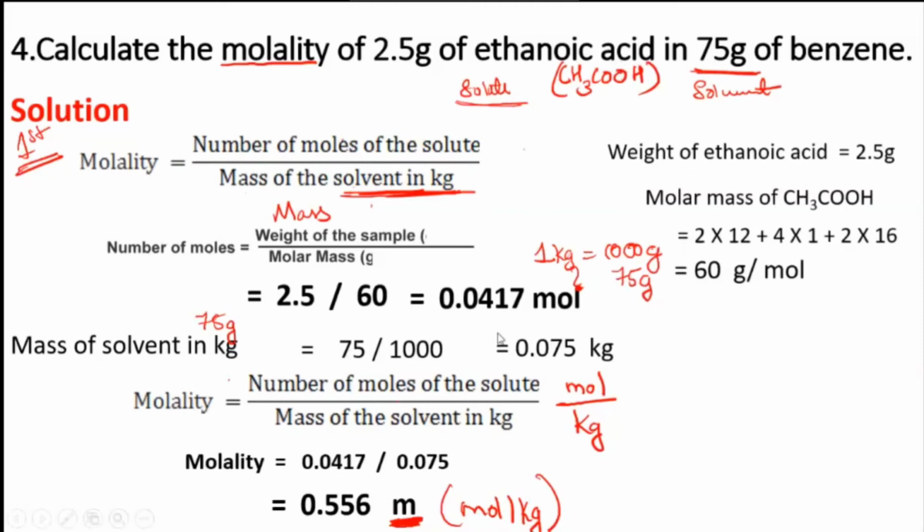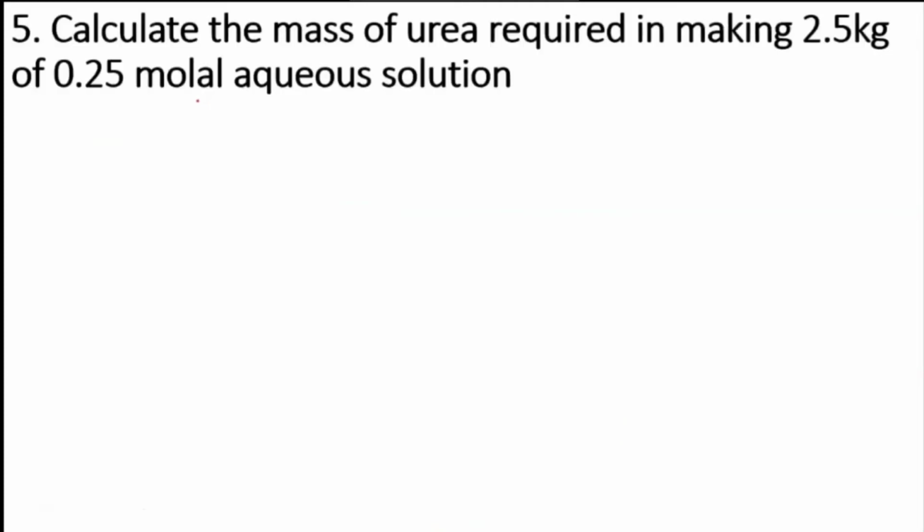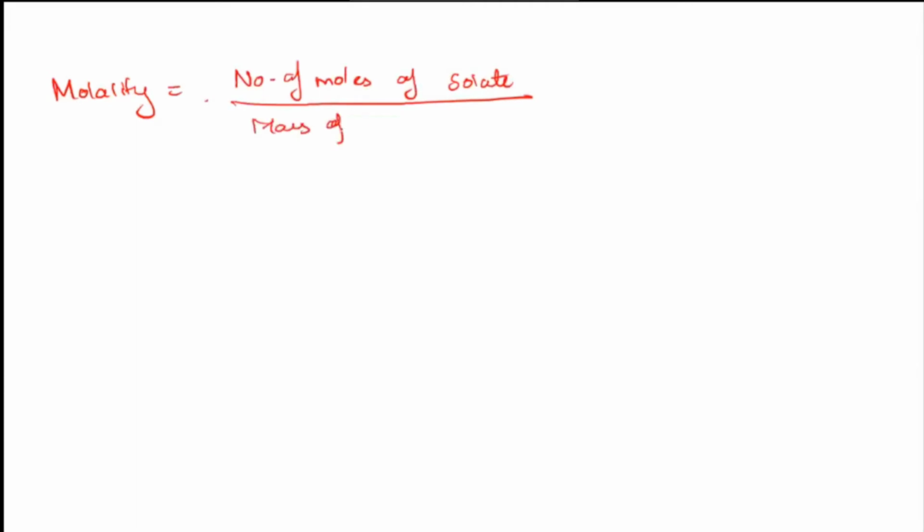Yeah, this is one method, no? Doing it separately, you are doing separate calculation for mole and mass of solvent in kg. Directly, if you have to do, I'll do it here, okay? So, see, on this side. So, you know, molality is number of moles of solute by mass of solvent in kg. Okay, so this I am writing separately now here.